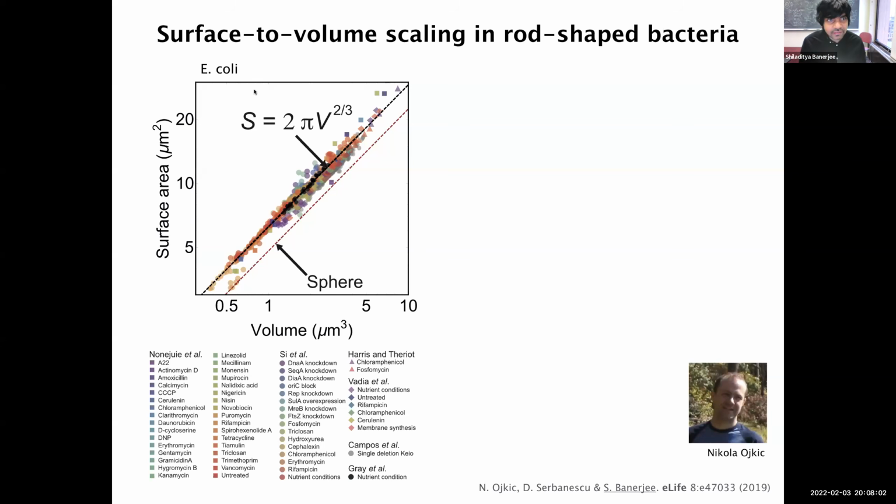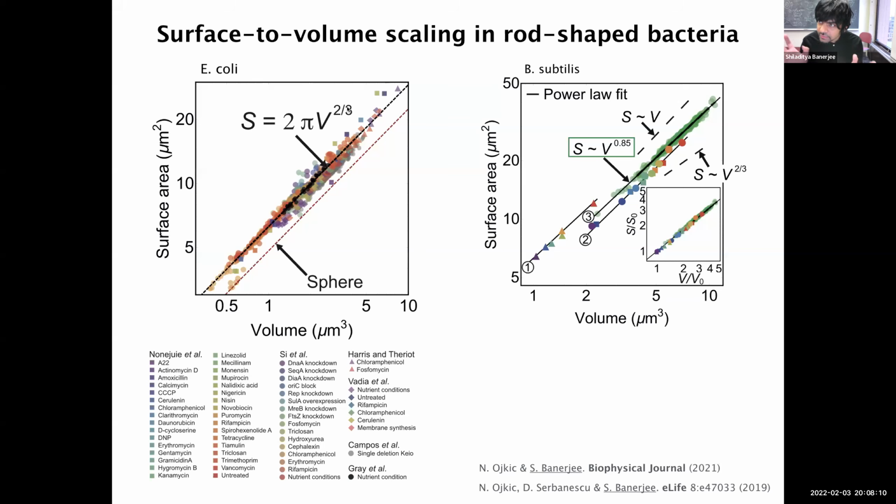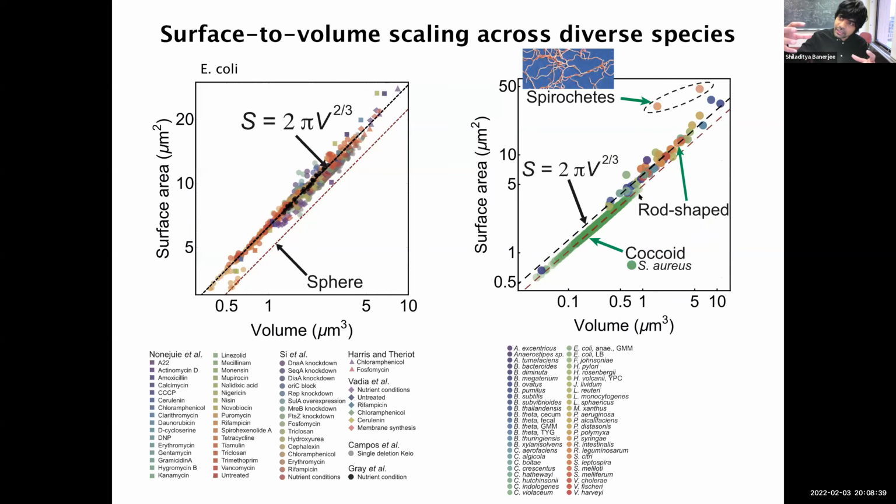We looked at a different organism, Bacillus, which is another type of bacteria. There the scaling was 0.85, which is not 2/3, but something else. But you start seeing these nice scaling laws, okay, which is all what physicists like. So this is for Bacillus. We were not satisfied there. We looked at 50 other organisms, okay? These are different types of archaea, which is also another type of species. And you also see they all sort of collapse under this power law scaling, right?